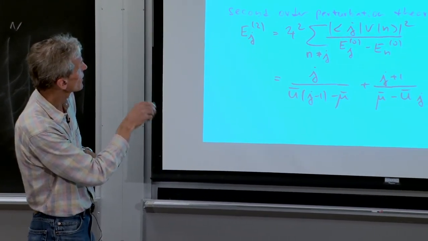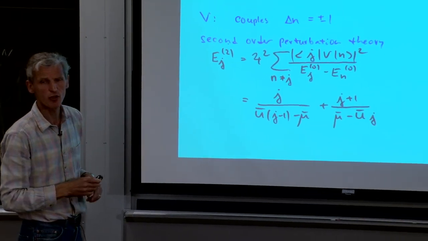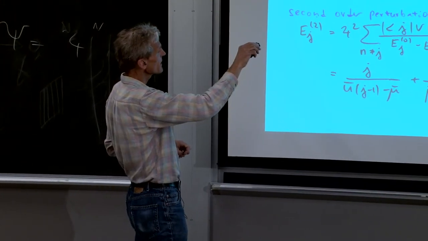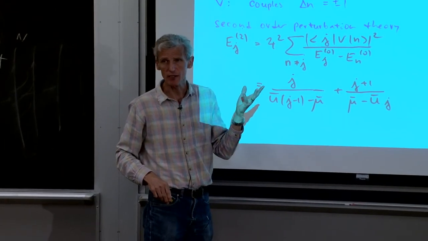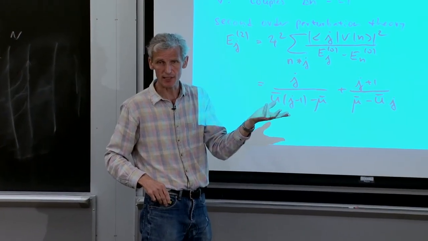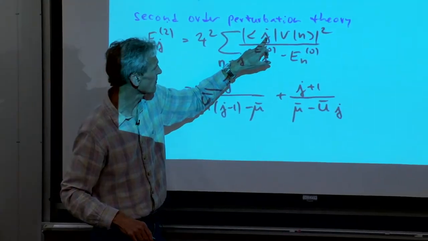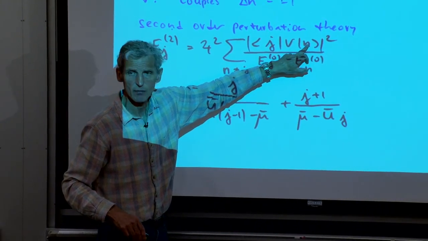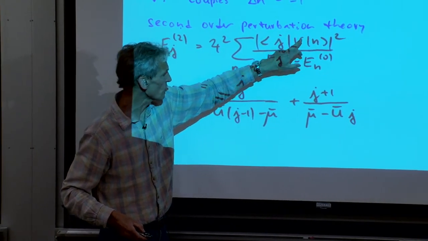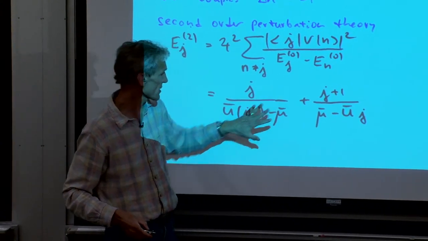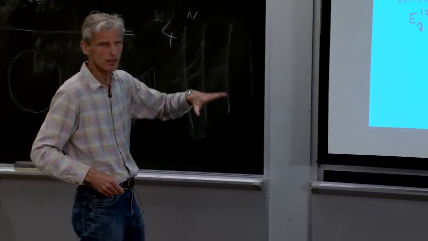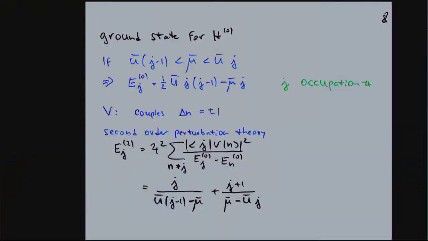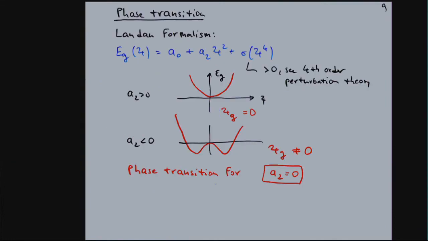No, this is the ground state where psi is 0, and now we do perturbation theory in psi V. So we pretty much use, these are the unperturbed energies which appear in the energy denominator. The wave functions we are using are Fock states, number states per site, and here we couple occupation number j to all possible n's. But because of B and B dagger, n has only two values, j plus 1 and j minus 1, and this is what's given here. It's mathematically trivial. The notation is more complicated than the physics behind it. But now comes again, I think I need 5 more minutes and I'm done. But now comes the interesting physics.